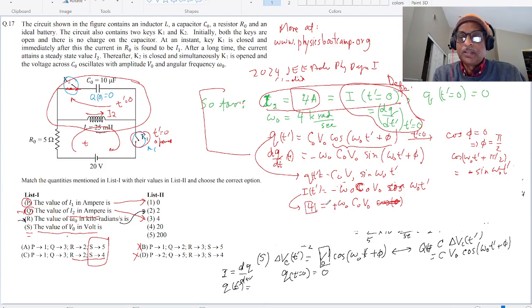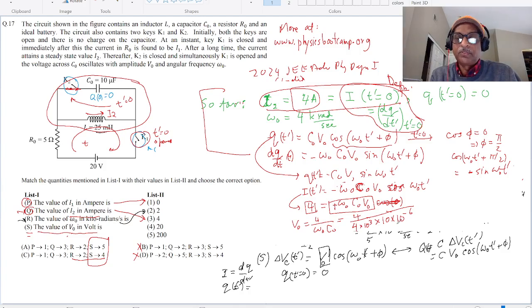So from here we are going to get v0 is 4 over omega 0 c0. So 4 over omega 0 was 4 times 10 to the power 3 because kiloradian, and c0 was 10 times 10 to the power minus 6 microfarad kiloradian. 4 cancels 4, so we have